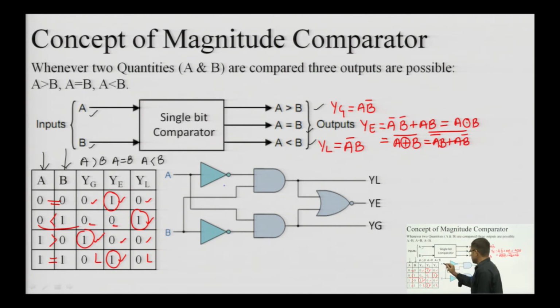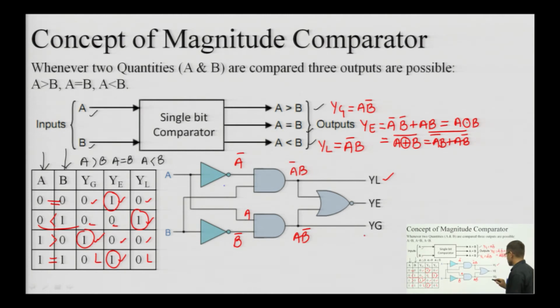Okay. So, we have generated expressions for all 3 outputs of the comparator. Here this is A, so this will be A bar, this is B, so this will be B bar. So, A bar into B, this will be my A bar B. So, that is why this becomes my Y L. Similarly, this is A and this is B bar, so this will be A B bar. A B bar is considered as Y G, as can be seen from this expression. For A bar B plus A B bar, we can see that both are added and further complemented.